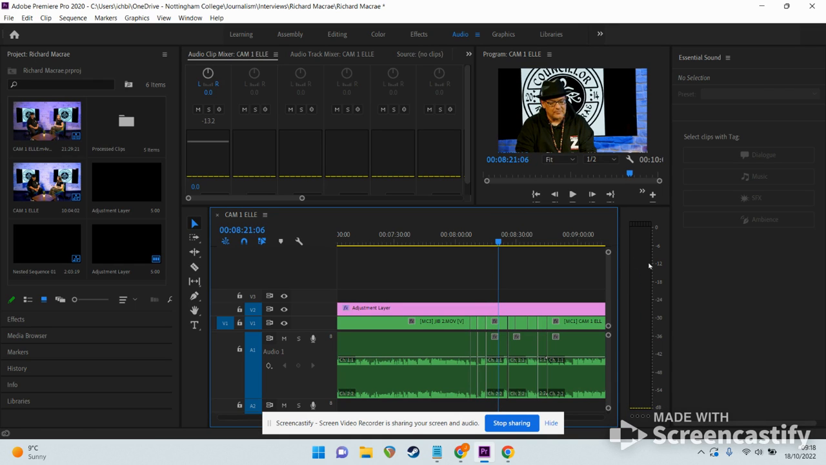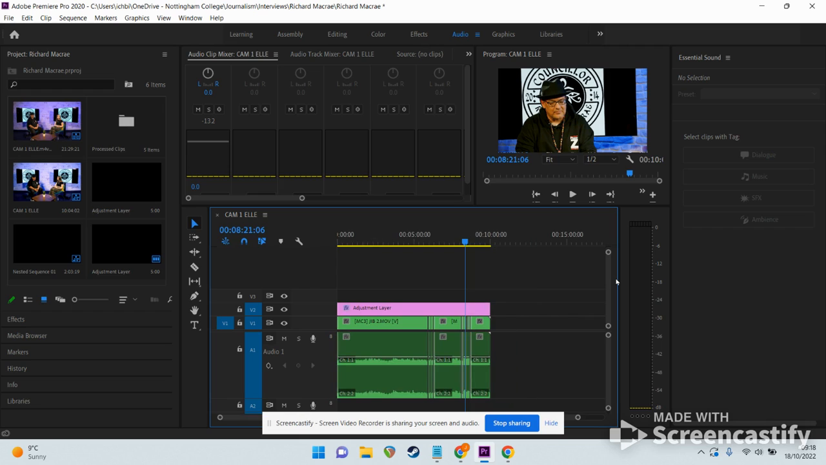It's there, hovering around -12, and we need to make that a bit louder. Now you remember that with the adjustment layer, we were able to change everything beneath it. You can't really make an adjustment layer for audio, so what I'm going to recommend you do